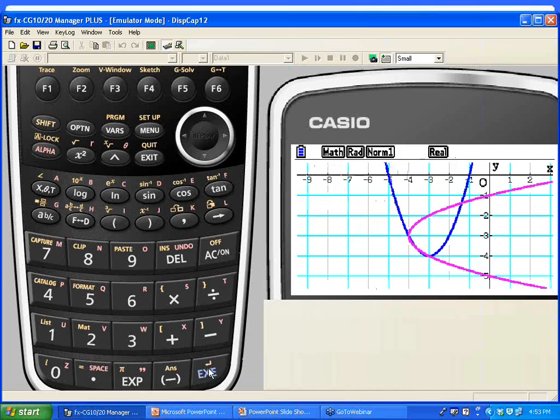So if you only had the blue graph, I'm going to exit out and regraph that. Well, I didn't, but if you just had the blue graph visible, you would see that it has to pass both the vertical and horizontal line test for it to have an inverse function. It does indeed have an inverse, but not an inverse function.